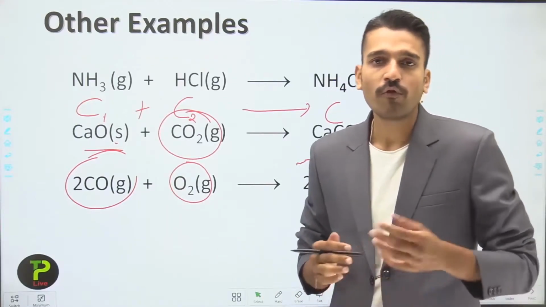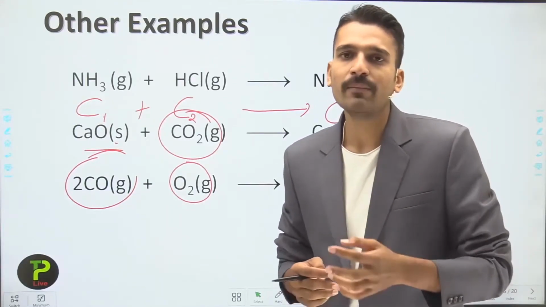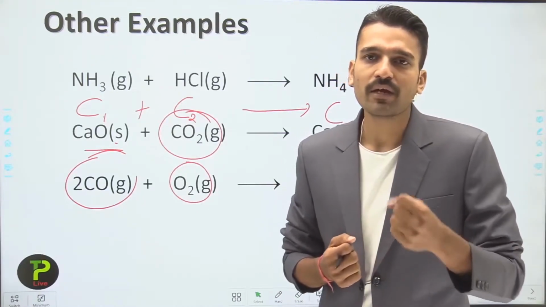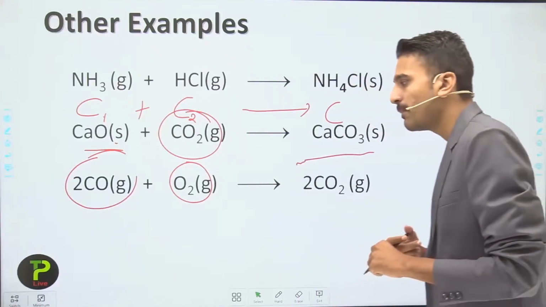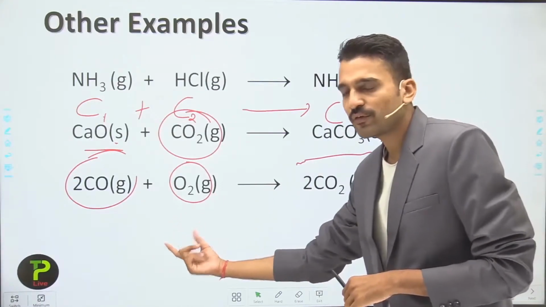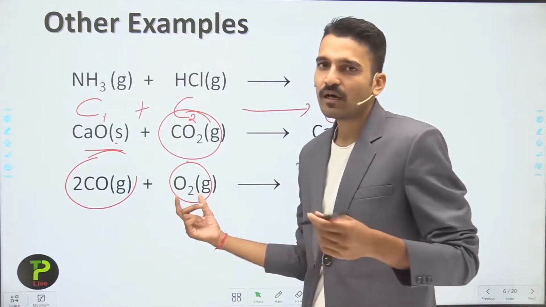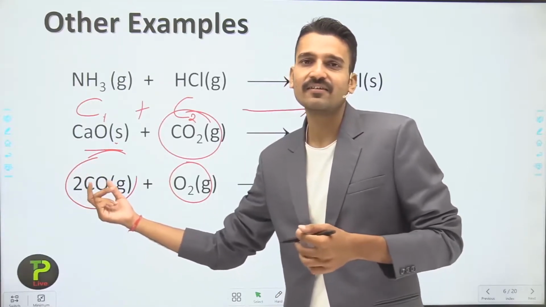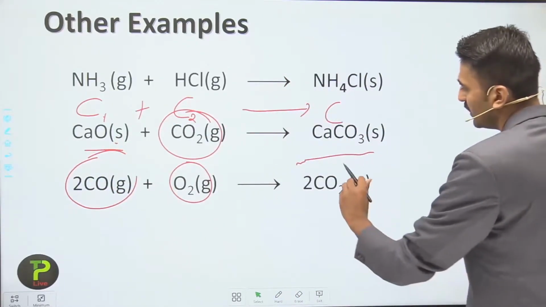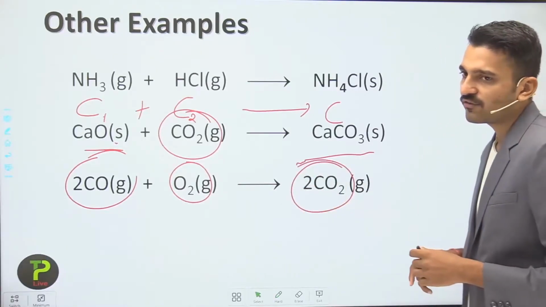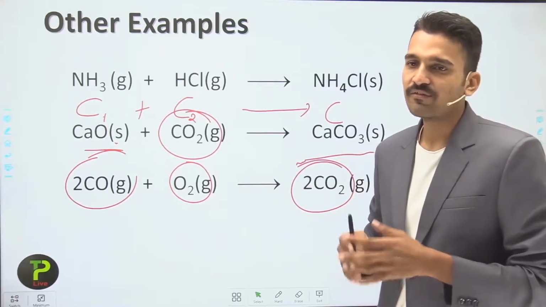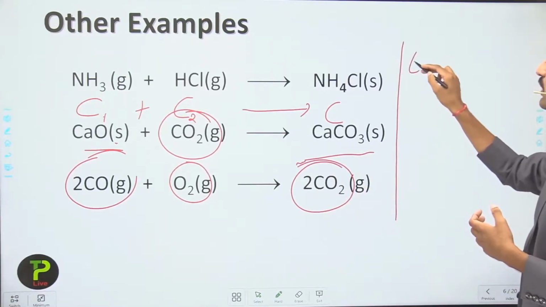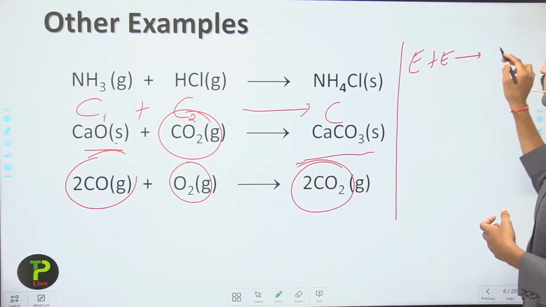A compound is formed by the combination of two or more elements, or two or more atoms stuck together with a chemical bond in a fixed ratio by their masses. This is a molecule of oxygen, and this is a molecule of carbon monoxide, a compound. Here it forms carbon dioxide. So in these examples, when an element combines with another element, it forms a compound.